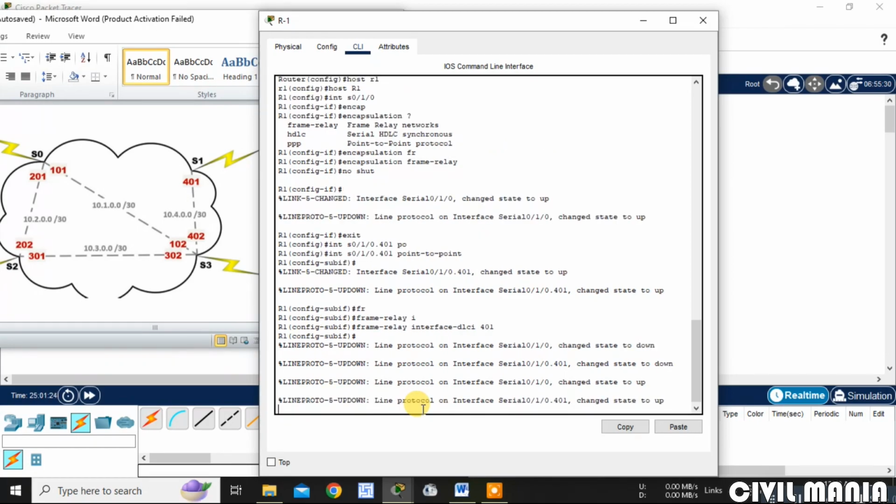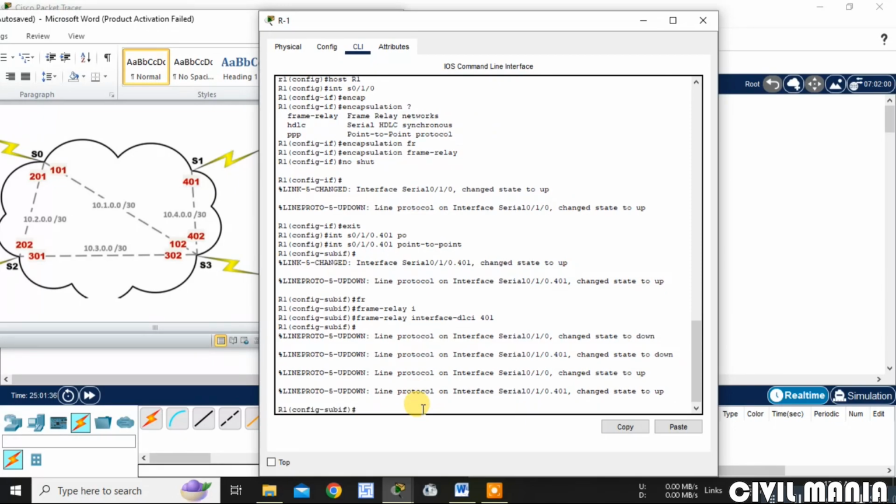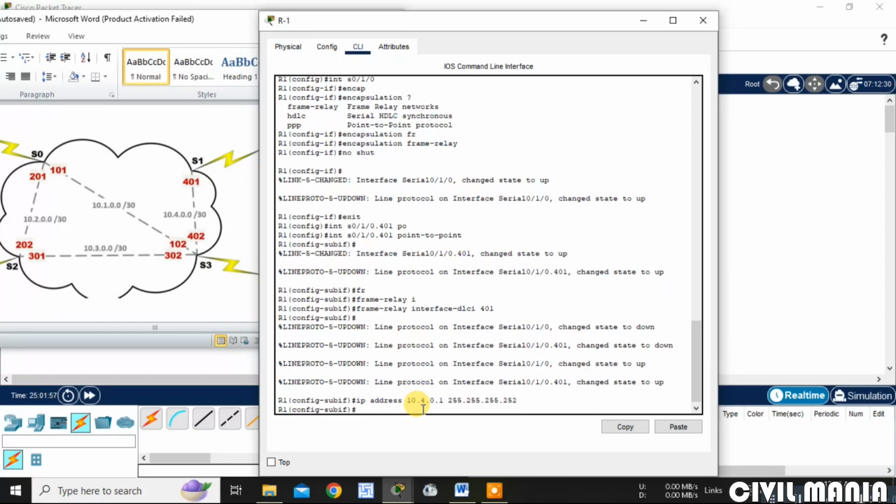Done for 401. Now the IP address 10.4.0.1, subnet mask 255.255.255.252, exit.